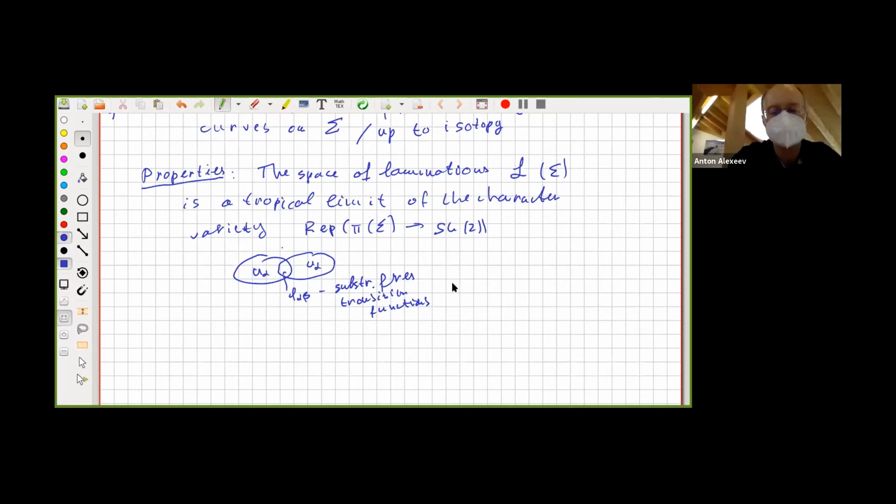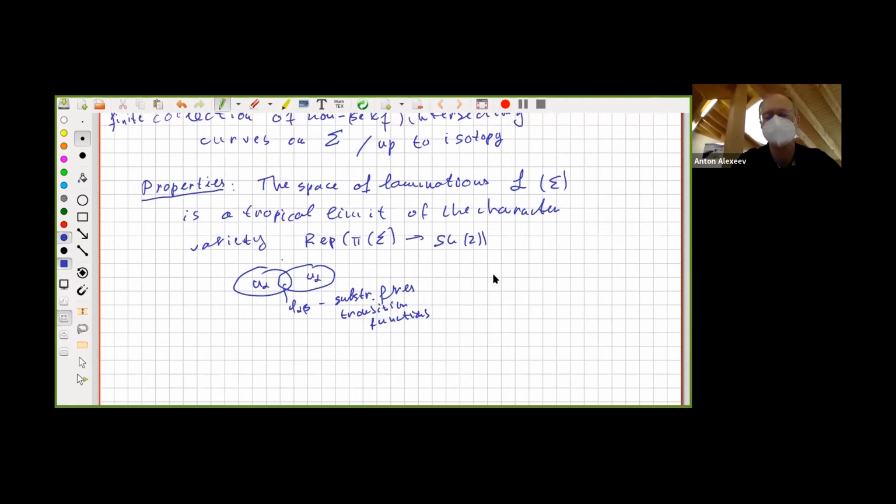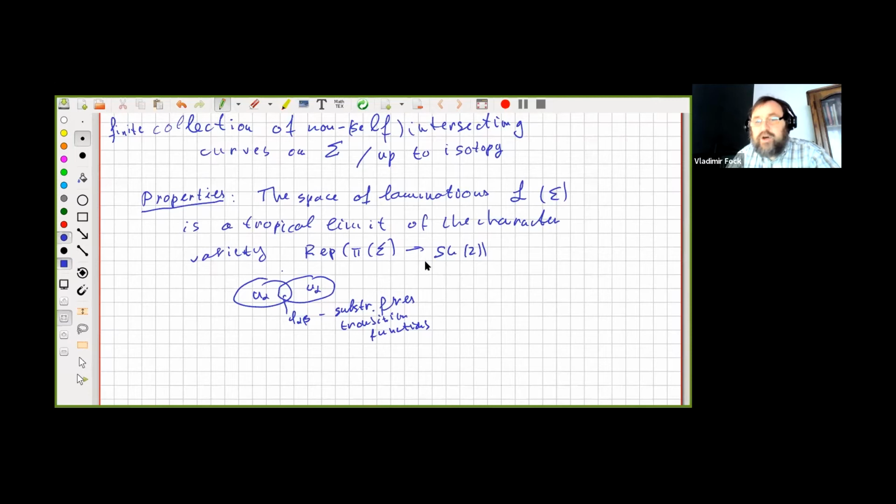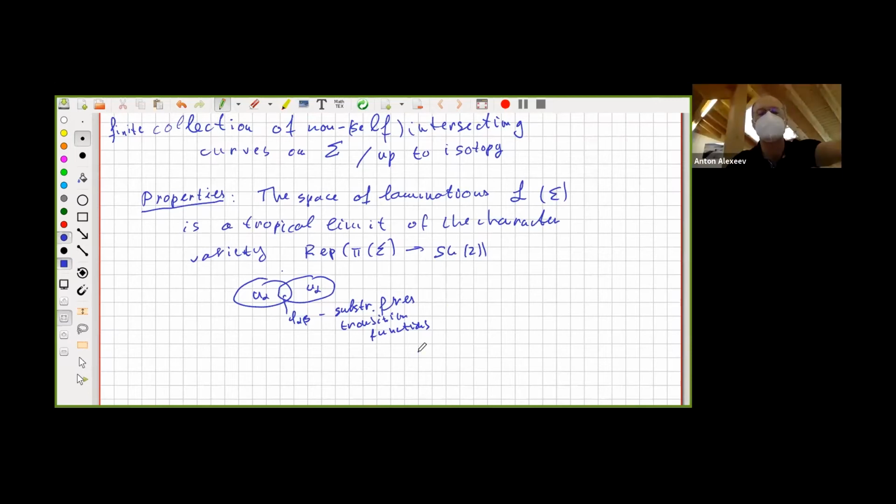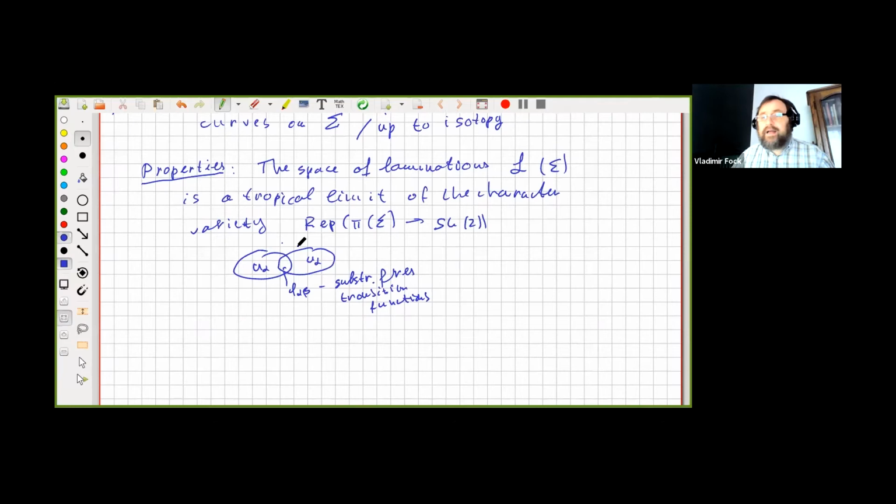Volodya, just a question. When you say representations in SO2, do you mean this Teichmüller component or whatever it is, of pi given by hyperbolic elements, or is it not necessary? No, I mean the whole thing. You have a variety defined by that, this representation space, where there is a chart which I can use to define a variety.